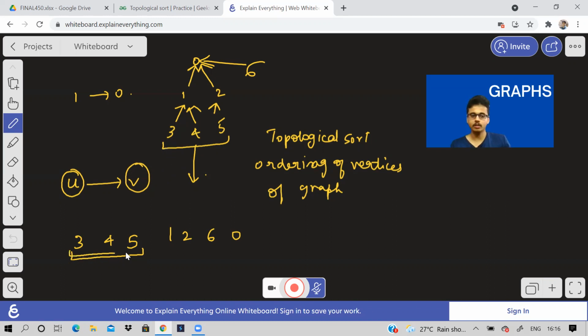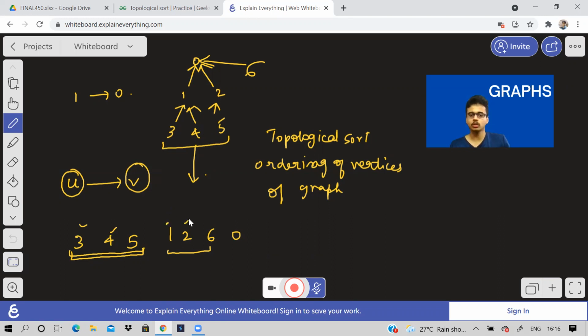So I will write 3, 4, 5. Then I will write 1, 2, 6. Because see, there are two vertices having edges which are moving towards 1. So 3 and 4 are placed before 1.